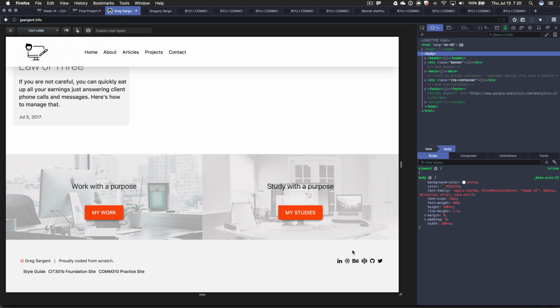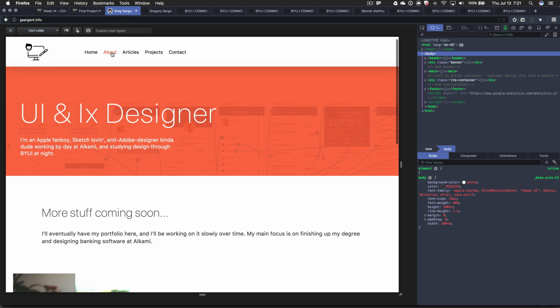This website's a dual purpose. Here's all my social media links. I'm not a Facebook fan, so you won't find Facebook or Instagram there, but I would love to connect with you on any of these, especially CodePen and GitHub. I think those are my favorite. All right, so